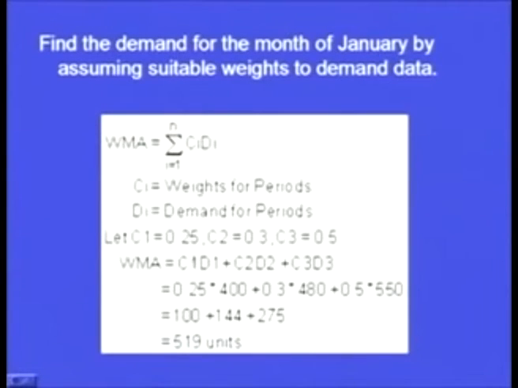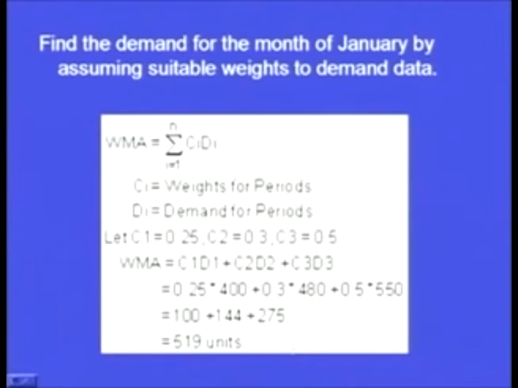So 0.2 multiplied by 400 plus 0.3 multiplied by 480 plus 0.5 multiplied by 550. So 0.2, 0.3, 0.5, these are the weights associated with the demand. So you can imagine more weight is given to the latest demand. So 550 was for the month of December. So more weight is given to that and less weight is given to the previous demands. So we can see 100 plus 144 plus 275 and it comes out to be